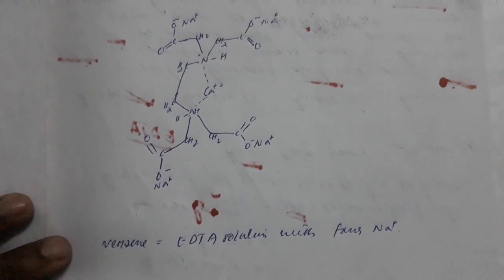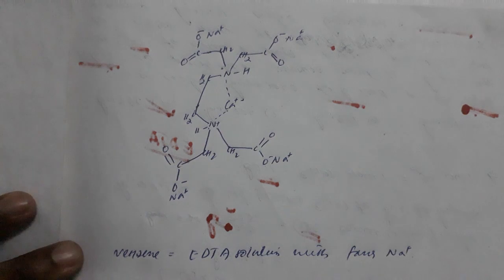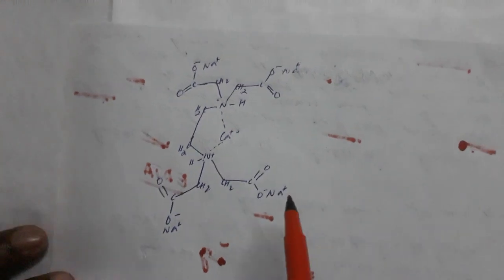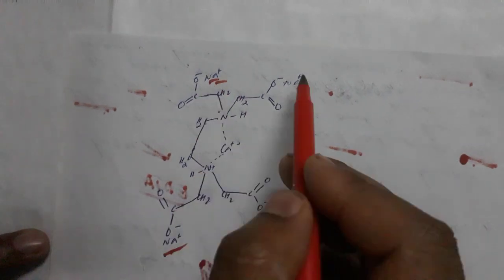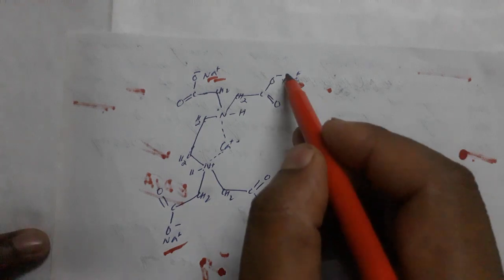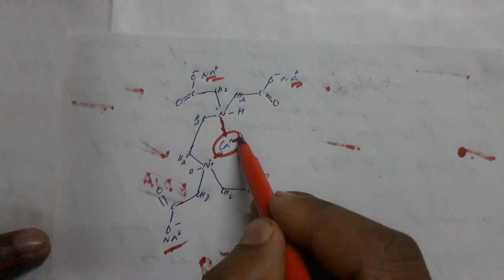Okay. If you want to see, this is the structure which I have shown. I think it may not be clear. But you try to go through these things. Okay. So EDTA. The Versene is EDTA with 4 sodium. This one. 1, 2, 3, 4. Earlier we are having hydrogen, right? When it is only EDTA, ethylenediaminetetraacetate, we will have hydrogen. Look, and these 2 nitrogen are binding here. Okay. So this is the calcium 2 positive.